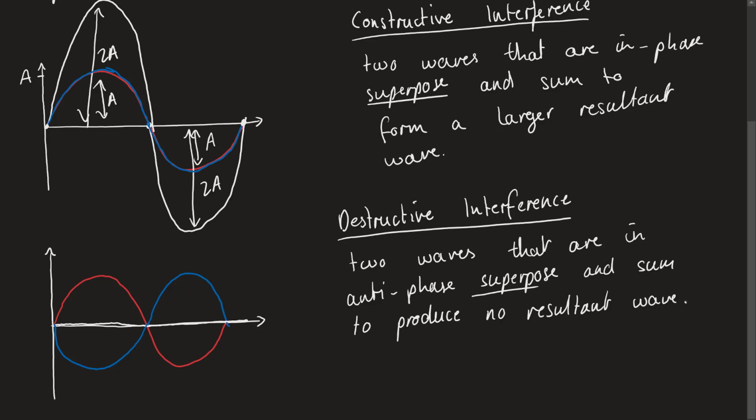So two waves that are in antiphase superpose and sum to produce no resultant wave, meaning that